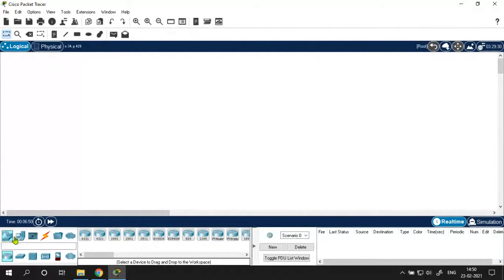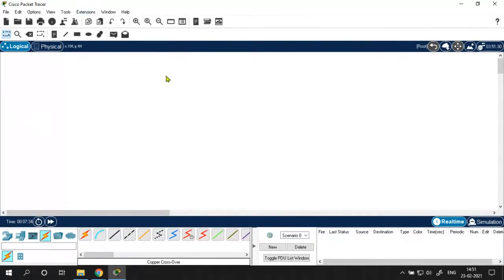After the network devices, there are end devices. From end devices, you can select either a PC, laptop, server, a printer, or even a mobile phone. Then another important component is, for example, the board. You will not be working with the board, actuator, and the sensor. Third one is the connections. Here there are various connections, for example, the copper straight-through and copper crossover wire.